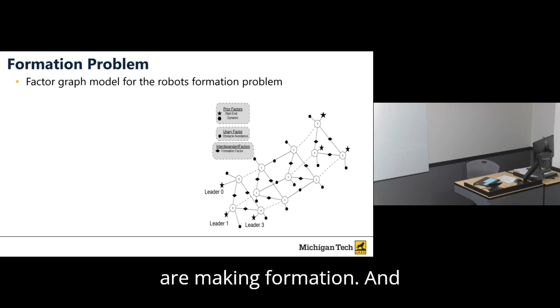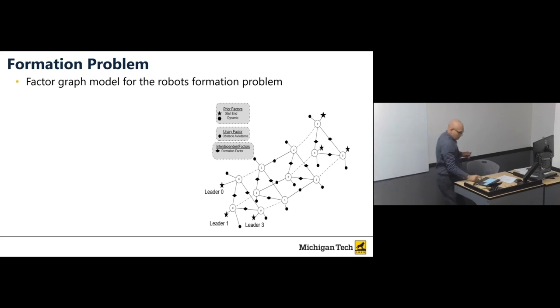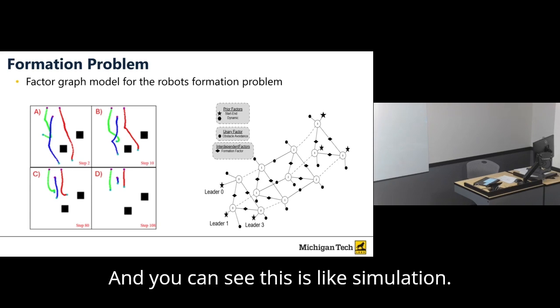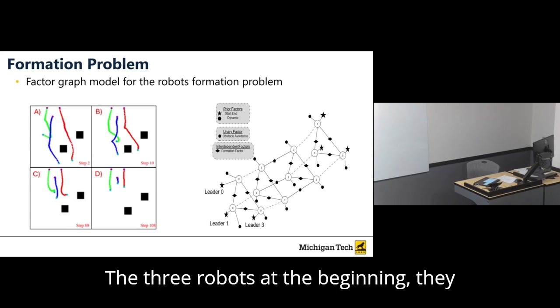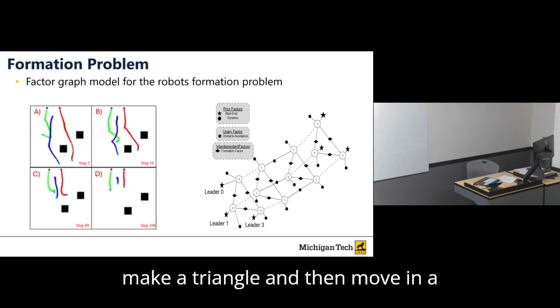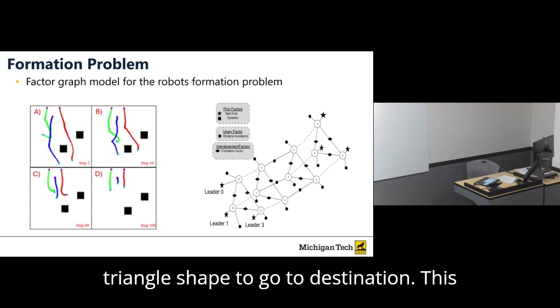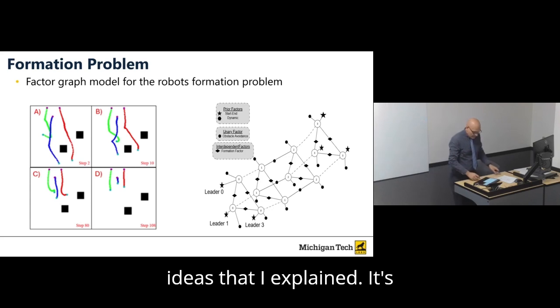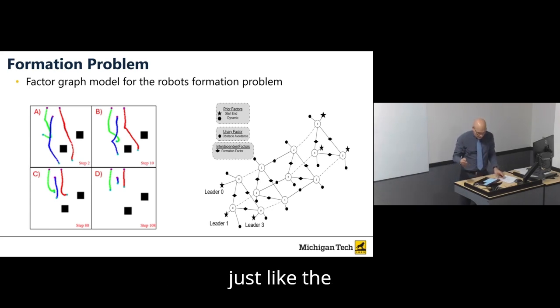That's showing how they are making the formation, and I will run this code for you next class. You can see this is a simulation. The 3 robots at the beginning are far from each other, and then they make a triangle and move in a triangle shape to go to the destination. This is all possible with just these ideas that I explained. It's just like a basic